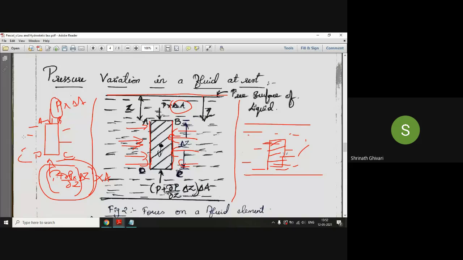Now the pressure force which is acting on the faces AD and BC. I have told you that horizontally, whatever pressure force is acting becomes equal and opposite, because the pressure increases from top to bottom, in the vertical direction, not in the horizontal direction. Here the pressure is the same, here the same, here the same. Horizontally it is the same, but vertically it will be changing. With the depth, the pressure goes on changing. So this is the diagram for this. Any doubts?